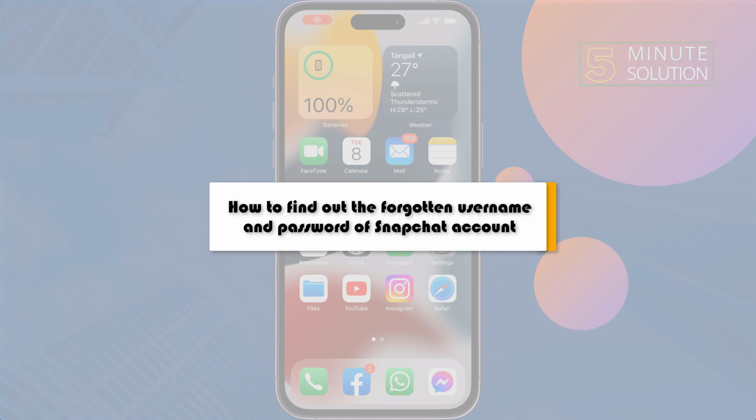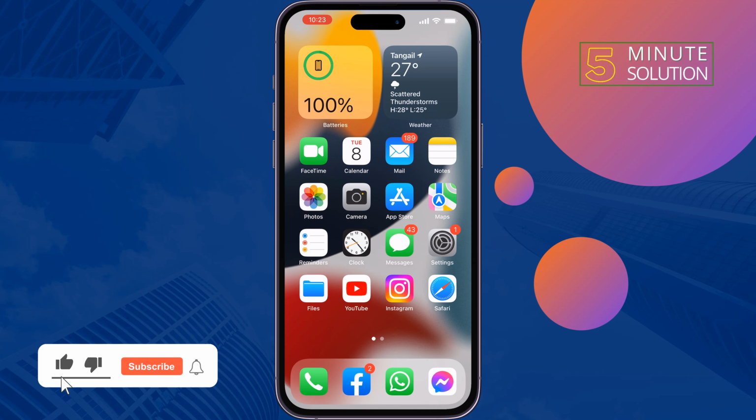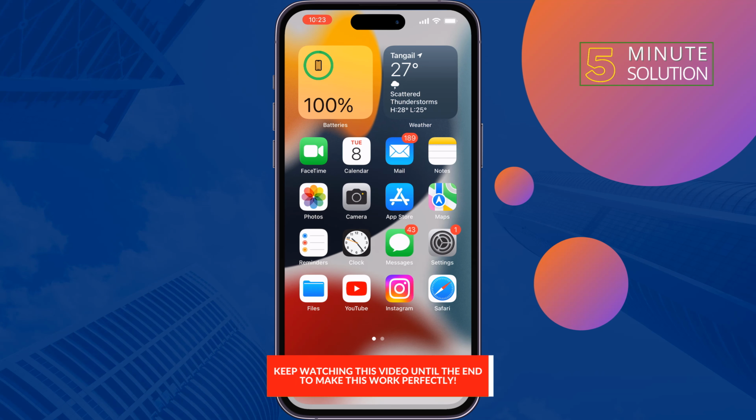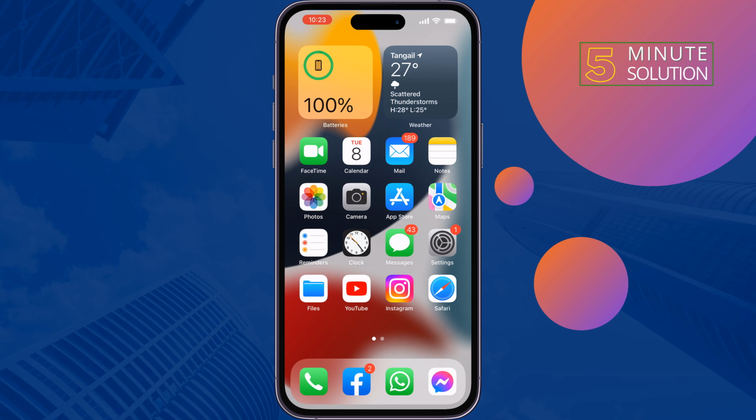This 5-minute solution will show you how to find out the forgotten username and password of your Snapchat account. So if you're trying to log into your Snapchat account but you forgot your account username and password, you still have a chance to recover your Snapchat account. Follow this step-by-step guide and the process will be similar for Android and iPhone users. First of all,